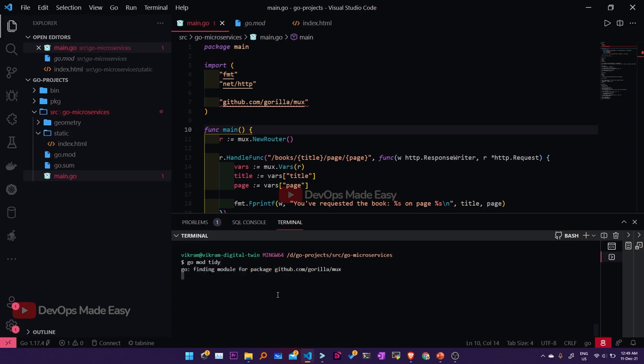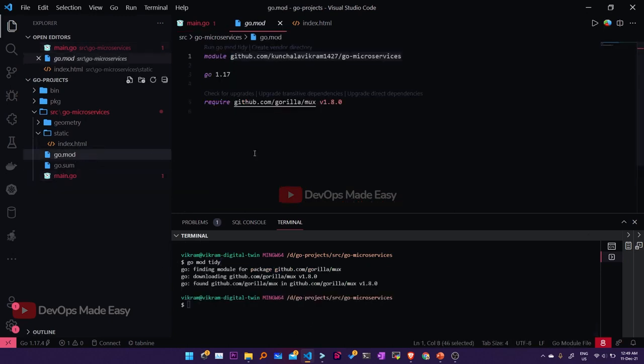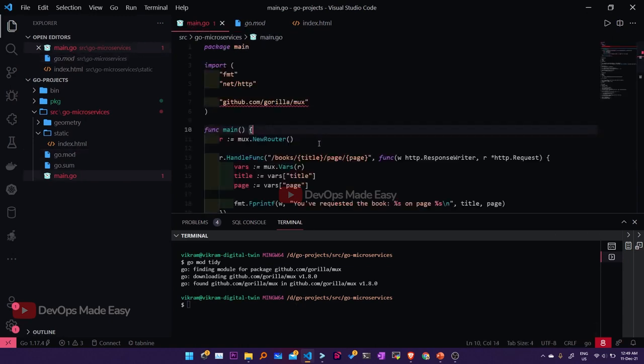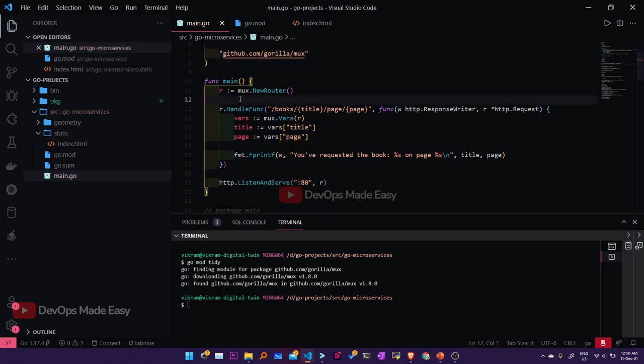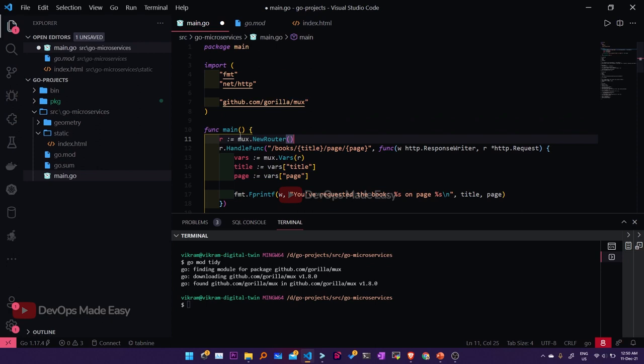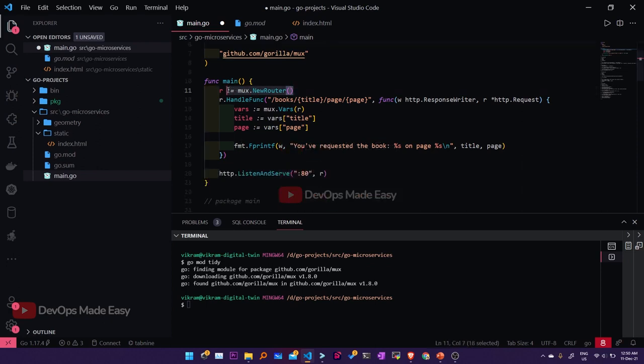So this will just download that package and then it will also update the go.mod. If you see this go.mod file, we have Gorilla Mux automatically updated in the go.mod file. Now if you try to save this file, you can see that the error is gone. Now if you see the main function, here we are registering a new handler, and what we are doing here is